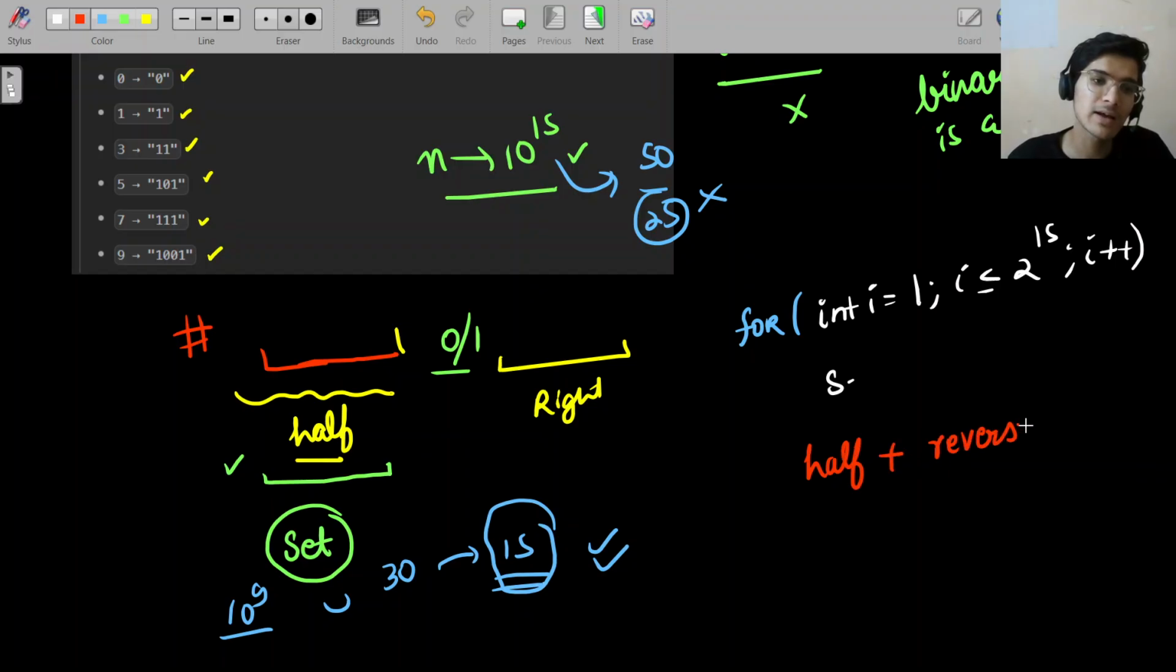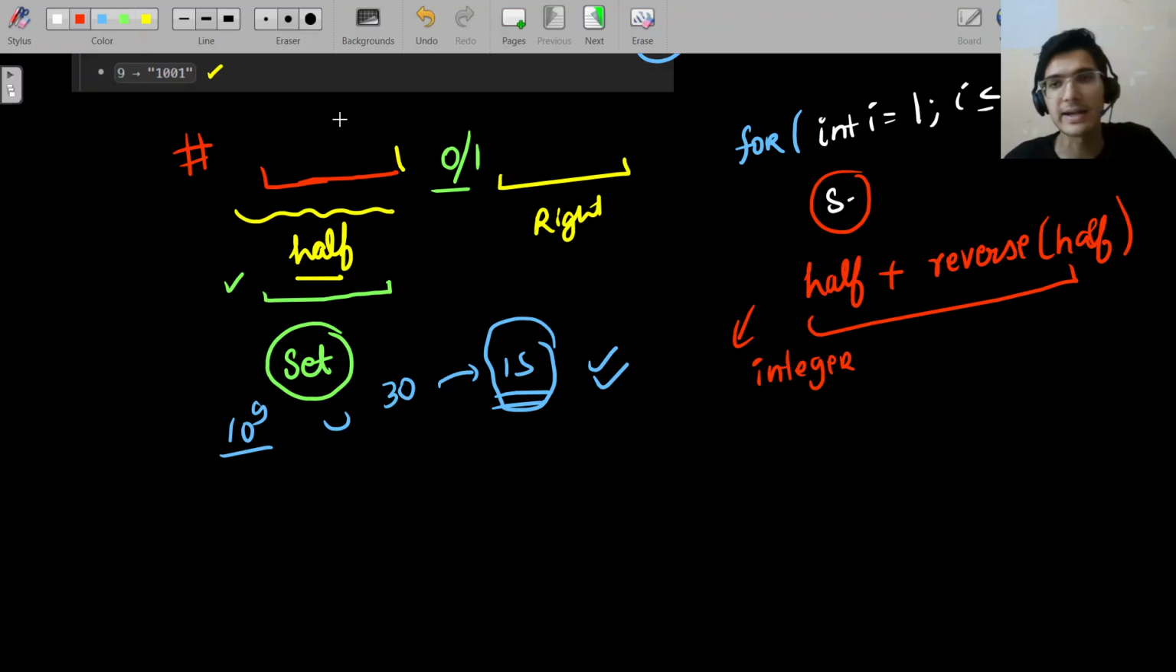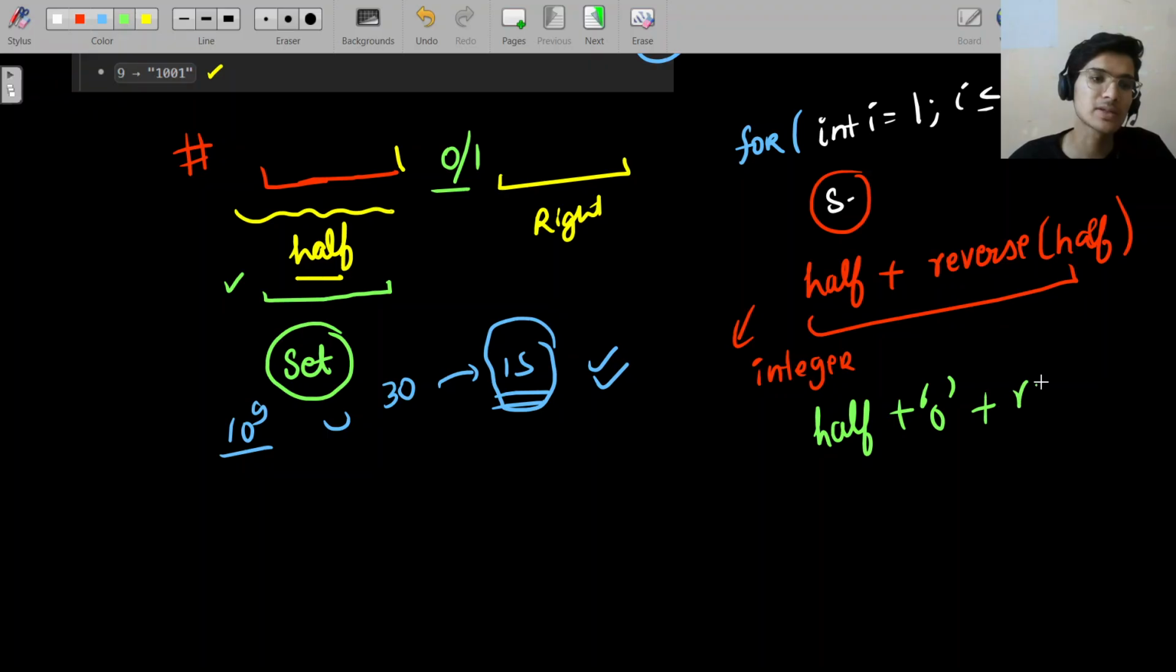This is the even wala case, right? And there could be duplicates. That's why you have to maintain a set, always, and you have to put it into an integer form. Okay, because that would be better. We will be comparing at the end while running a for loop. Okay, and this is one case. One case is you do half plus zero plus reverse, and the third case is,